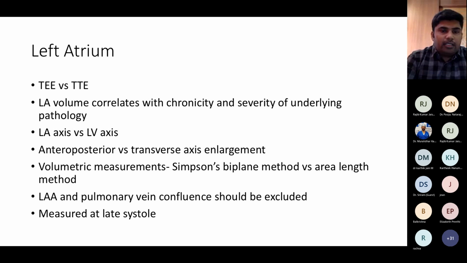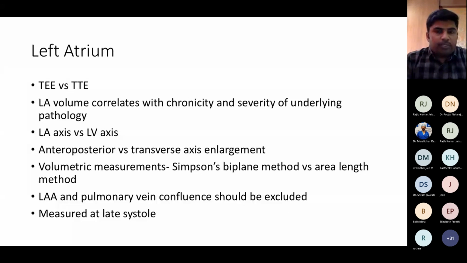So the left ventricular axis and the left atrial axis need not be the same at the same time. So when we focus on the left ventricle, we may miss the major diameter of the left atrium. So for the purpose of left atrial measurements, the left atrium should be focused instead of the left ventricle. When the left atrium elongates, the anteroposterior diameter does not change, while the transverse axis alone increases. So measurement of the left atrium in the mediastinal long axis view should be avoided. It should be measured in either a four-chamber or a two-chamber view.